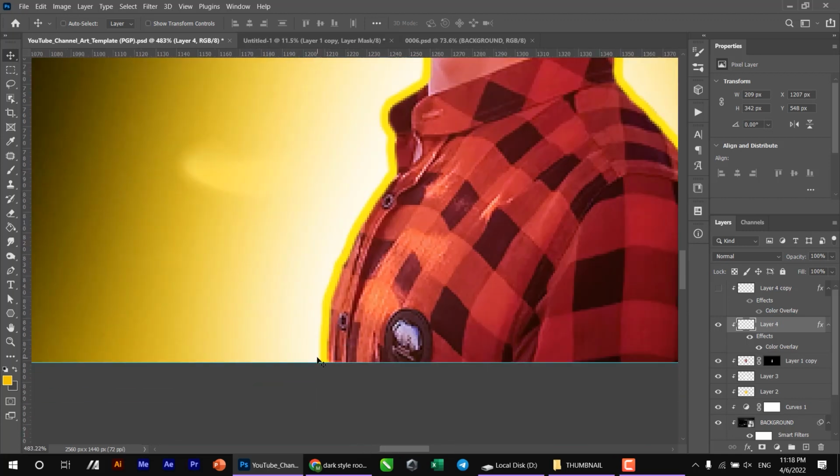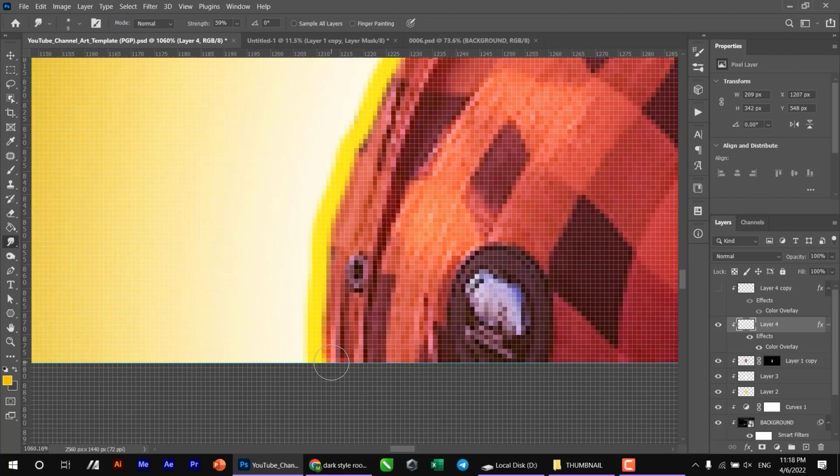All we need to do to create a professional looking glow, all you have to do is to go on this tool right here, just select it and then make it smaller a little bit, just like that. And you can adjust the strength in here wherever you want, and then